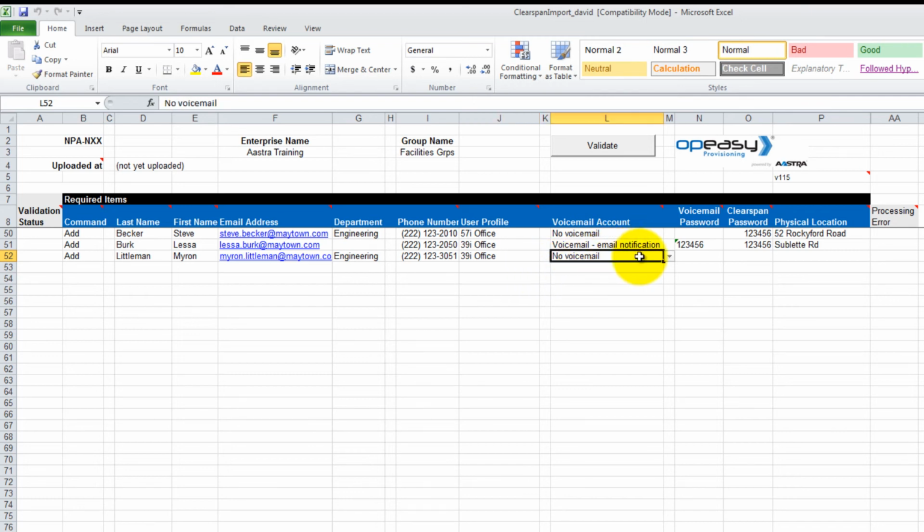voicemail account, voicemail no notification, voicemail initial password 123456, ClearSpan password 123456, and the physical location St. Mary's Road. In the next column, we will go ahead and select done as the command. However, it's not necessary to do this. This is a good practice to prevent the spreadsheet from executing other commands that might exist in saved spreadsheets below